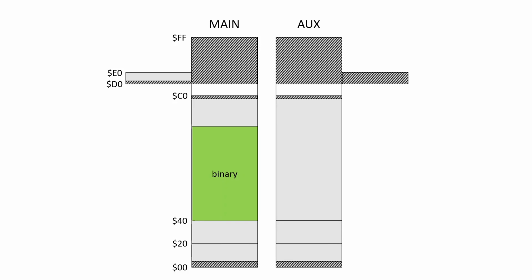First, we load the binary into main memory. Right after loading the binary, we move some of the code as trampoline into the language card. Then the program starts to run, uses its BSS and its stack. Additionally, it uses the heap.